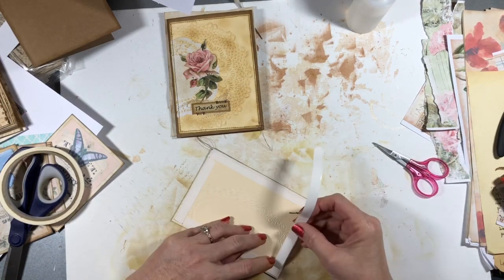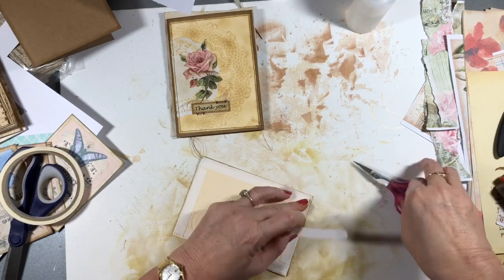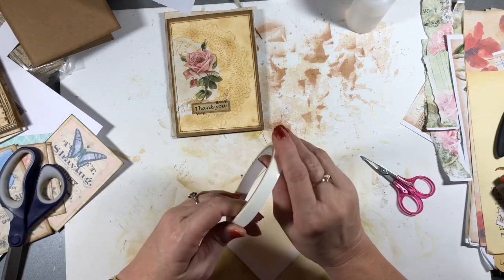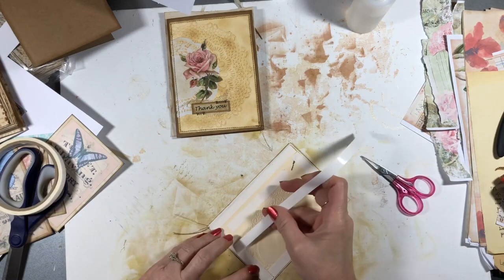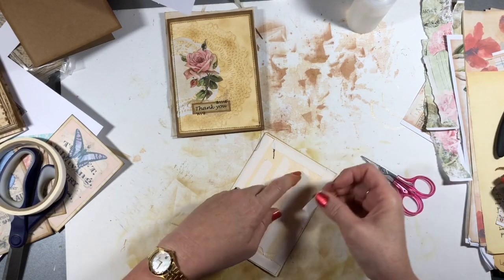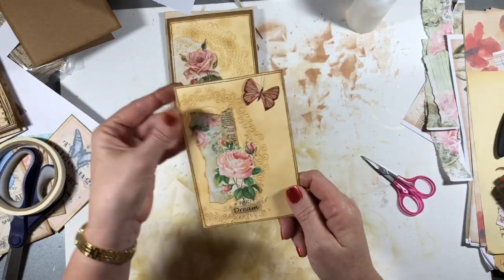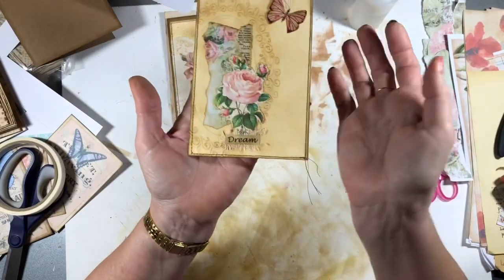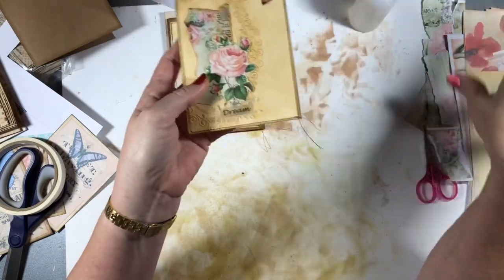It's a great way to use up your stash. As I said before, we all need greeting cards for one thing or another, so why not use what we've got? If you've had a big session on your journals and you've got all bits and pieces, you prepare a card front, like this front, so you have them made. Actually, that's what I think I'm going to do. Have your card fronts made, and then just build up a stash of those using up your bits and pieces